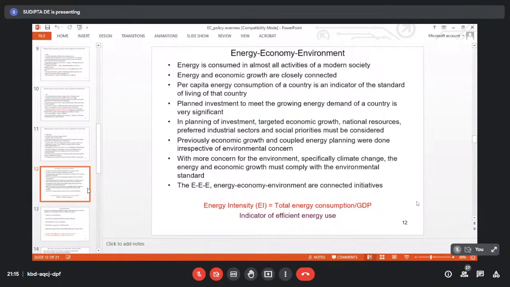If the population increases, obviously electricity demand will also increase. But similarly, if the standard of living increases, then initially people could not afford an air conditioner, and now they are affording one. Middle class people also, almost everybody now has an air conditioner, at least in one room for a good night's sleep during the summer period. So obviously the electricity consumption will increase. So energy consumption has a direct interrelation with the so-called standard of living.